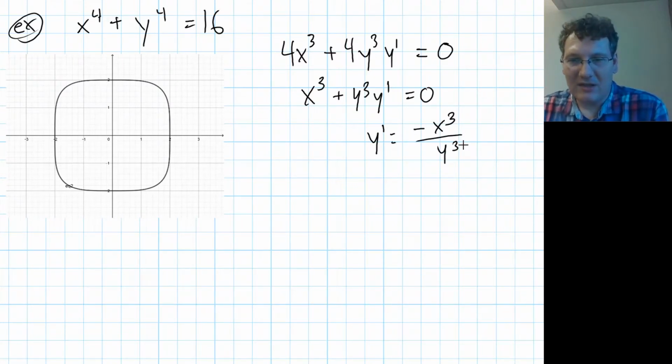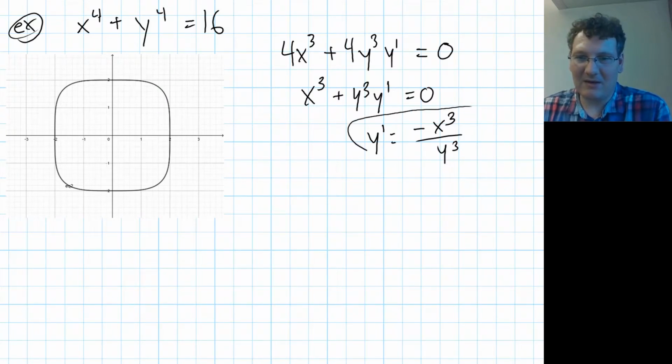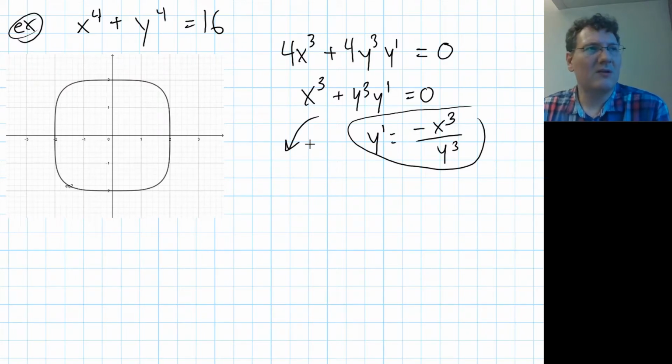I could actually, from here, take the derivative to get y double prime, but I think it's going to be easier to do it not from here, but in fact from here, and just do an implicit differentiation a second time, because I'm going to have to do some power rules and stuff. So let's again do d over dx to give us